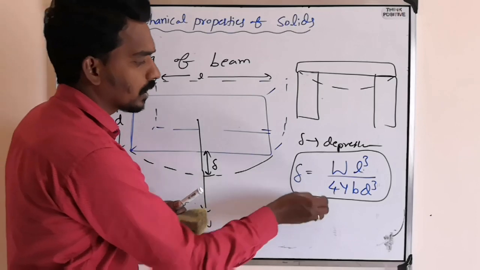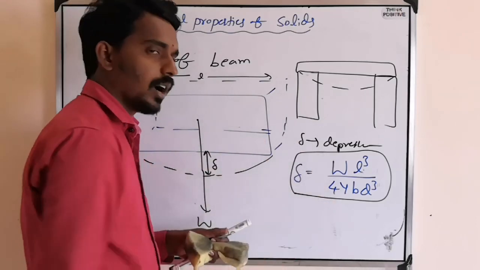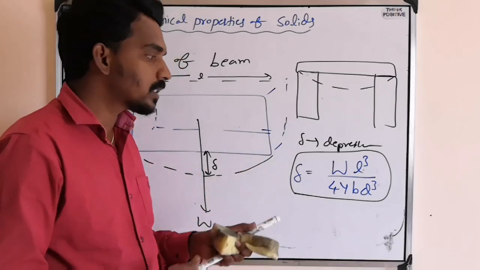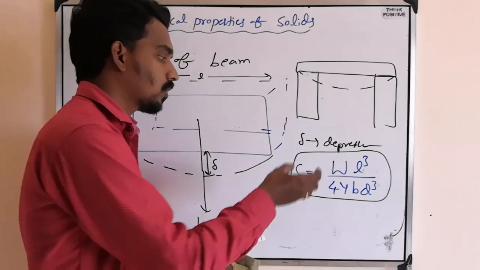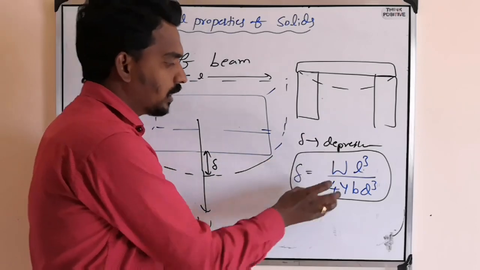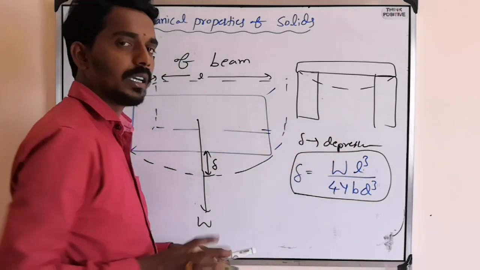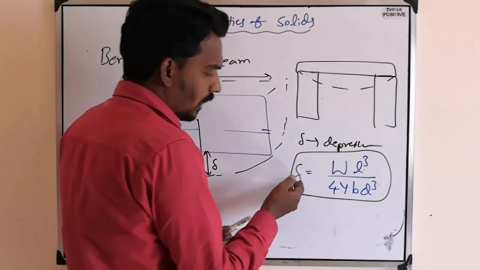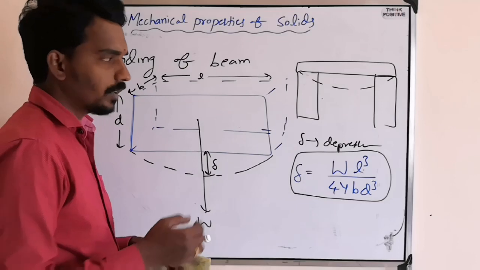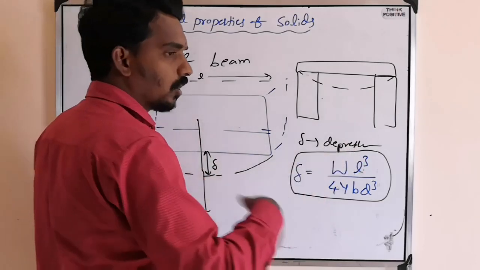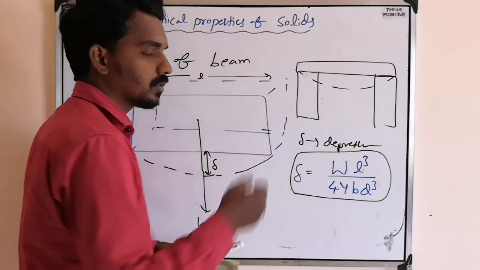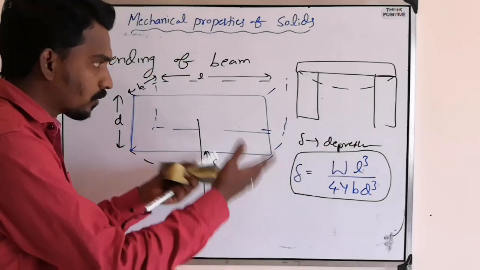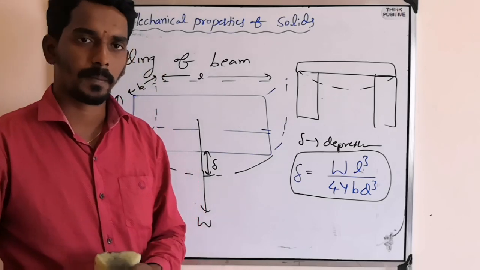So try to remember this formula, because we don't need how this formula got derived. That is not our part. But sometimes you can get a question based on this. The only thing you have to do is remember this equation and substitute the values. Or else, delta is proportional to L³. If all quantities are the same and L is increased, what happens to delta? Such kinds of questions you may get.